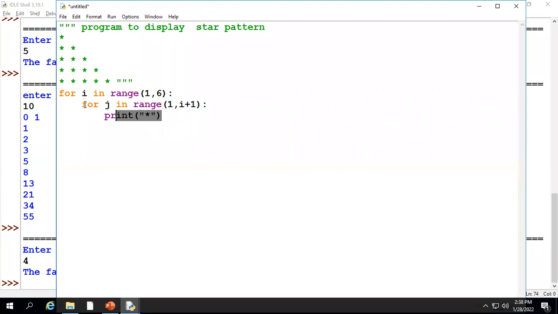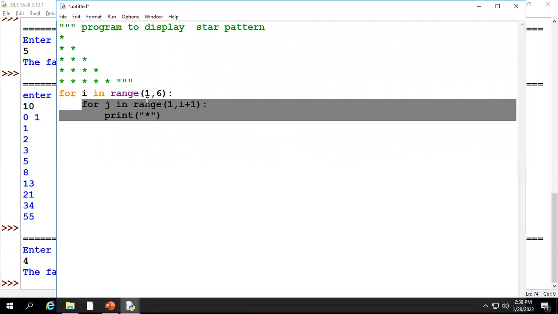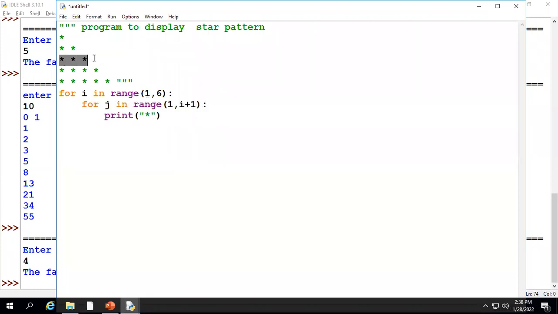So it will exit from this inner loop. Again, next range is creating for the I. It is what? 3. That meaning we are in the third line. There, how many stars we want? 3 stars. So here it will come 1, 3 plus 1. The range is what? 4. So how many values is generating for J? 1, 2, 3. So 3 times this printing statement will work. Again, after that, it will exit from your J loop. Again, it goes for next